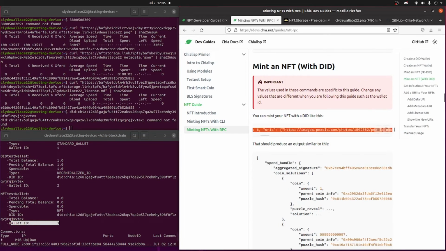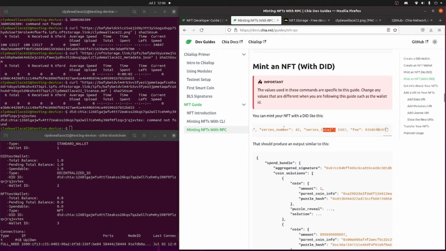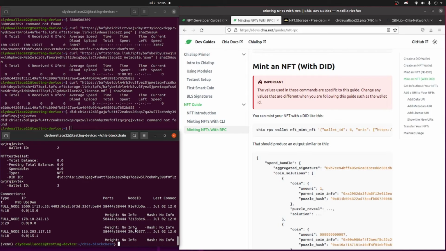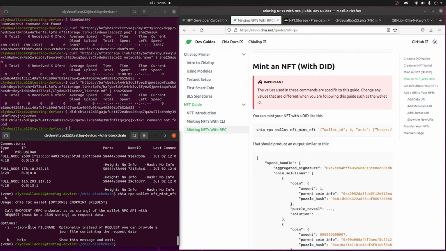I always recommend minting an NFT with a DID because that is going to be providing the provenance behind the NFT itself, helping you really identify who the creator was and who each of the owners are. If you look at the mint command, the data that is after NFT mint NFT is everything that we're storing in our JSON file. And if you look at the actual command itself, you'll notice that we do have a JSON file flag. But I hope you all are ready, because we are just about to mint our NFT on